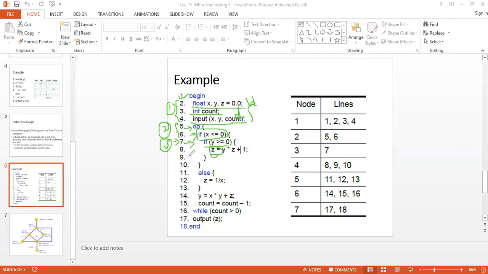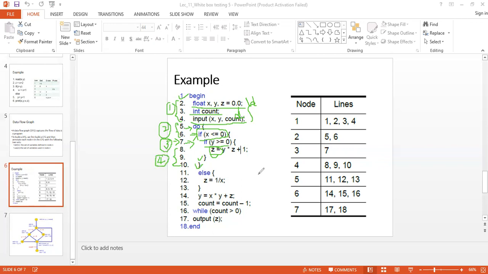And then again a different syntax of our programming language. So in that case, we can consider these three as our fourth basic block.